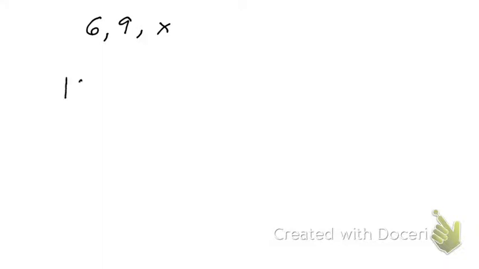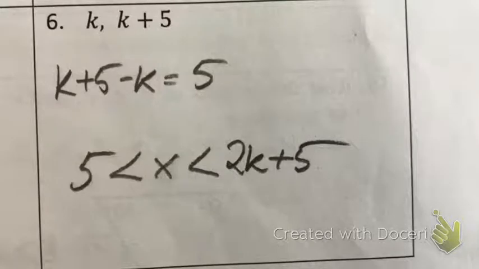To get my lower value, we do 6 minus 9, absolute value, is less than x, is less than 6 plus 9. So the first one is just minus. The second one is just plus the two sides that we know. Okay? So if I do the same thing here, if I do one side minus the other side, we do the absolute value, either we do k minus k plus 5, or we do k,